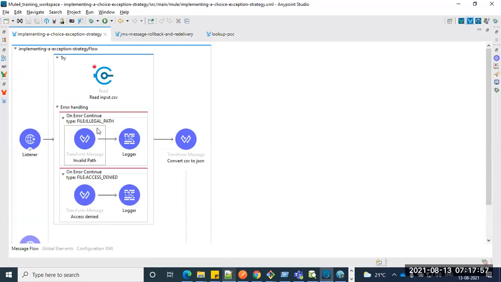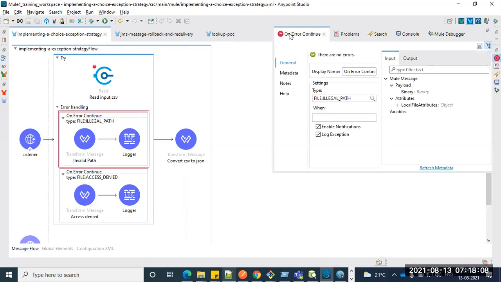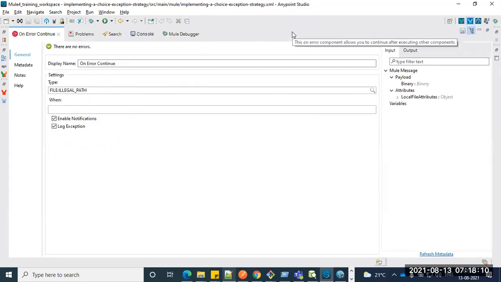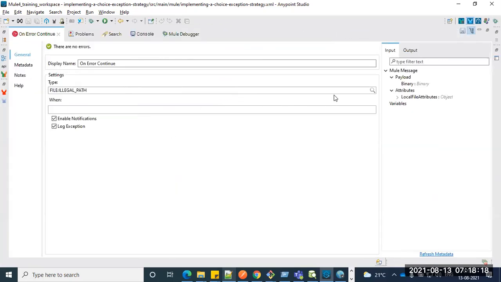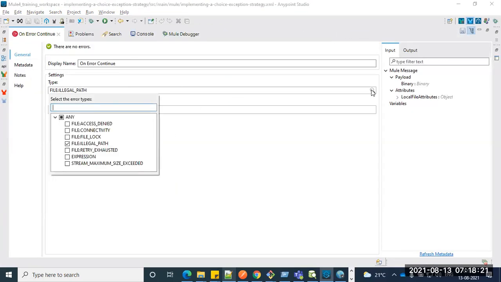So in this case also, when you drag and drop the On Error Continue, you can see the possible error types of your component. What is our component here? What is our message processor here? It's nothing but the file reader. Click the dropdown search, and these are the possible error types when you use the file reader. You can see file access denied, connectivity issue, illegal path.